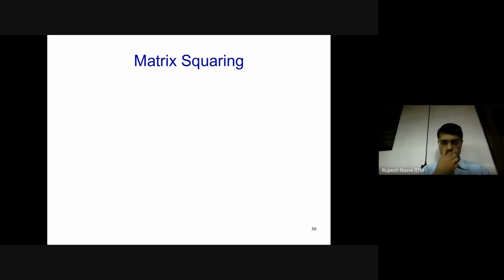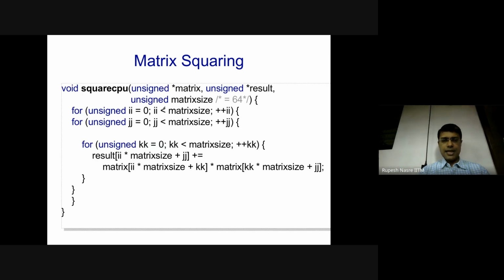Okay, let's take one example of matrix squaring. Matrix squaring is a special form of matrix computation, which is quite a regular operation in many of our applications. On the CPU, the way we do it is using a triply nested for loop, where there is a matrix and I'm going to compute a result, which is the square, and then there is some matrix size specified. In our example, I'm going to take 64 as the size. So I goes from 0 to matrix size, J goes to that, K goes to that,